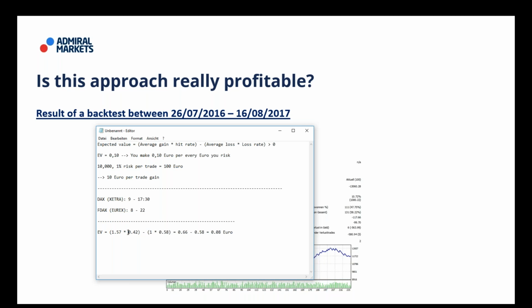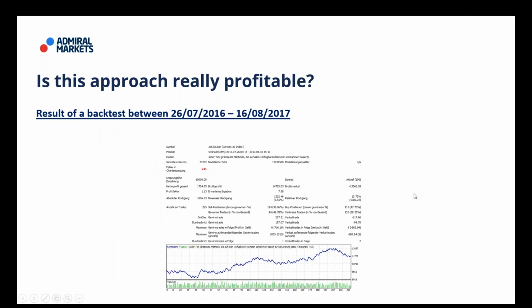Obviously, if you can, in this case for the DAX here, for example, increase the hit rate a little or reduce the loss rate, however you might do this based on market experience, let's say, you should then expect something in the range of 8 cents per euro you risk here as an expected value in this case. Yeah, so in fact, that's it from my end regarding this